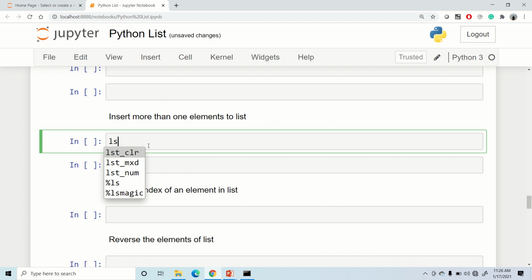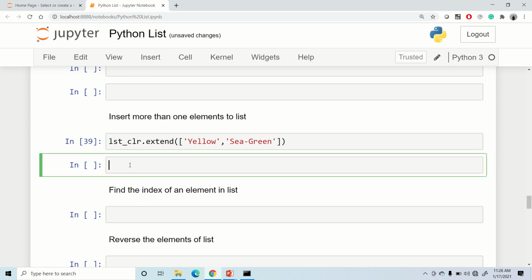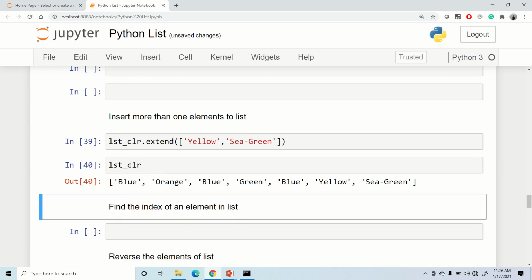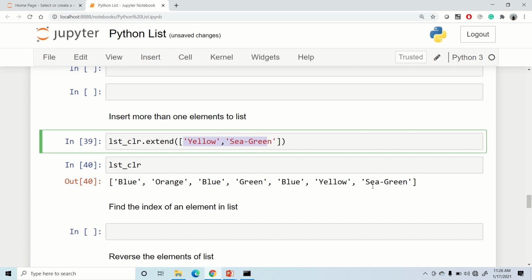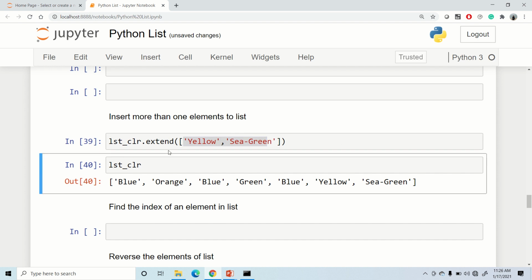So if I say lst color dot extend, and I am going to pass more than one element, so again for that I'll have to make use of a list, these brackets, and inside that I can write some names of colors, say green. That would extend the elements in my original list, which is lst color. Let me run it, and let me print it again.